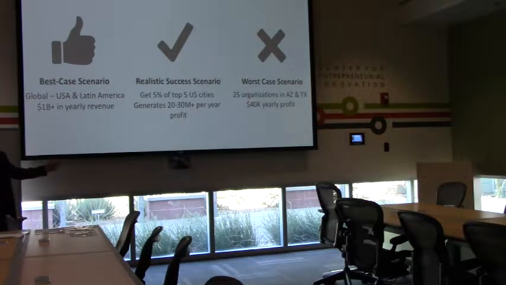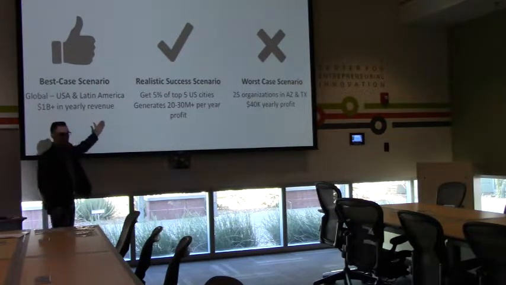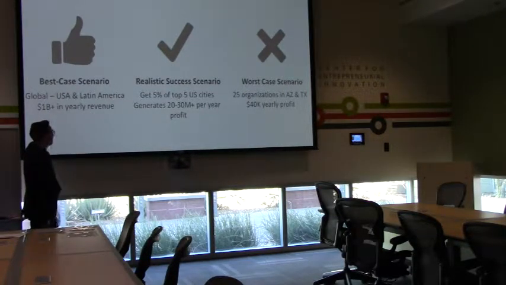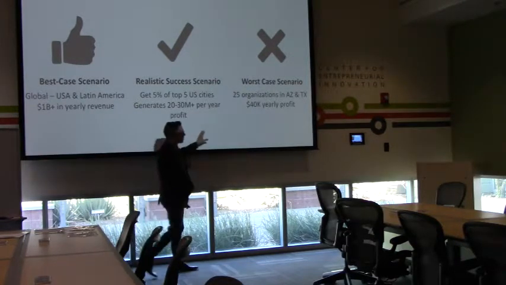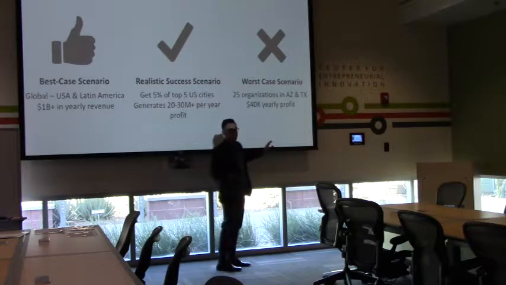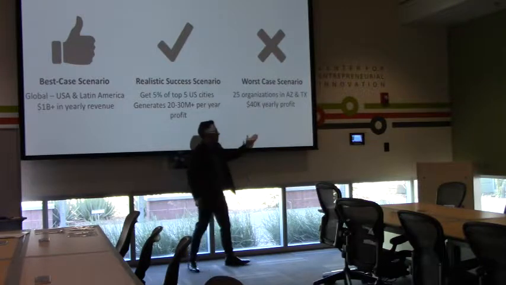These are the different scenarios that we have with EventKey. The best case scenario, we have something really good going on. But the more realistic scenario is this one that we look at. And the worst thing that could happen: we already have 11 organizations signed up to use it. So say that we go to 30 and then we have a churn rate, we'll stick with 25. That's the worst that could happen.